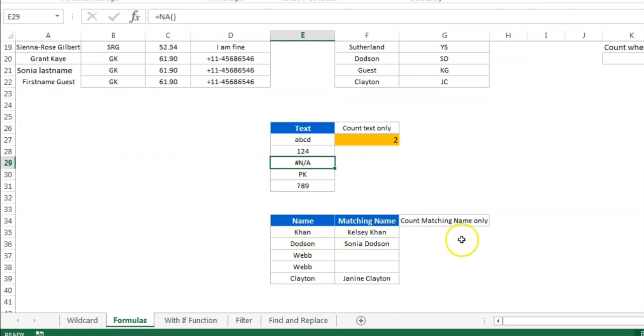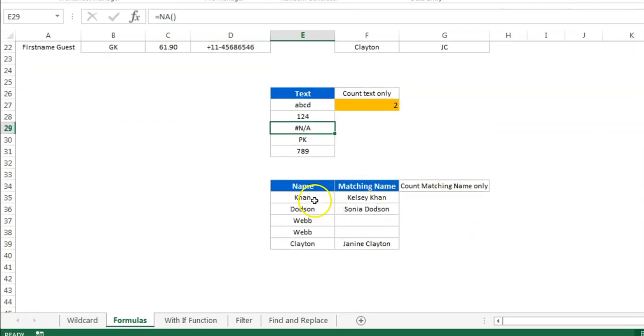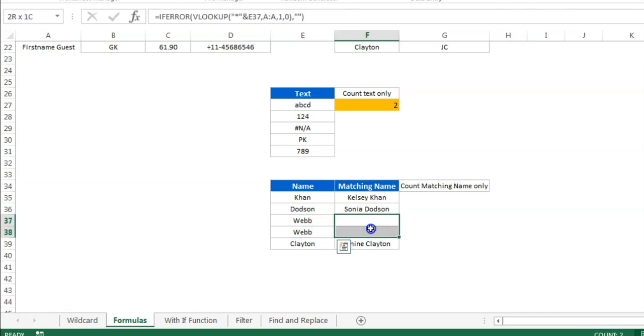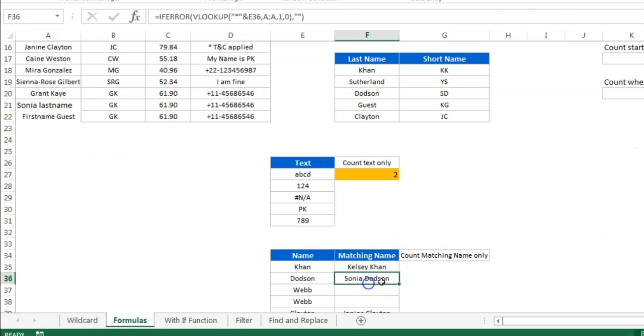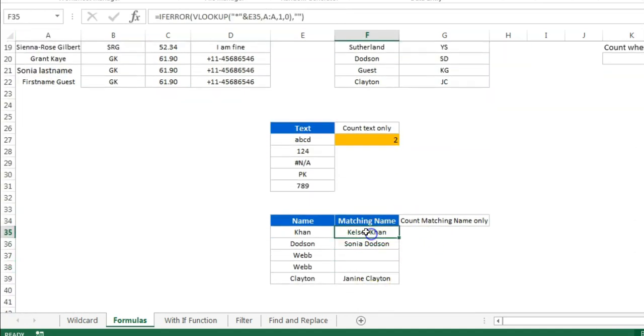Now let me give you another example. Let's say here we have the name or the last name. Actually, this is the last name. On the basis of the last name, we have got the complete name. A few last names are not available in our data in this column. That's why it is coming blank. Because if you look at the formula, we have used IFERROR. If there is an error in VLOOKUP, then it will return blank. So it is returning blank. However, the formula is here.